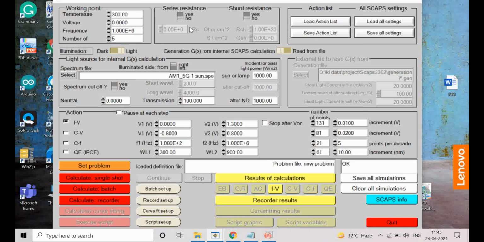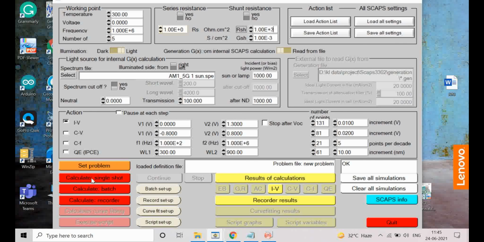So for CdTe solar cells, you need to find what the reported series and shunt resistance values are. The series resistance may be around 1 or 2 ohm centimeter square, or the shunt resistance value may be around 1000. So I'm taking those values. These may not be actual values, but they may be in this range.